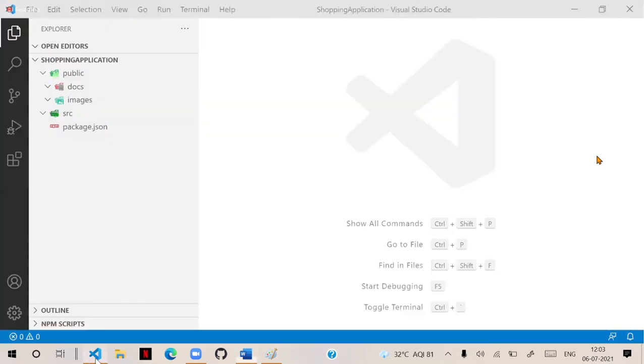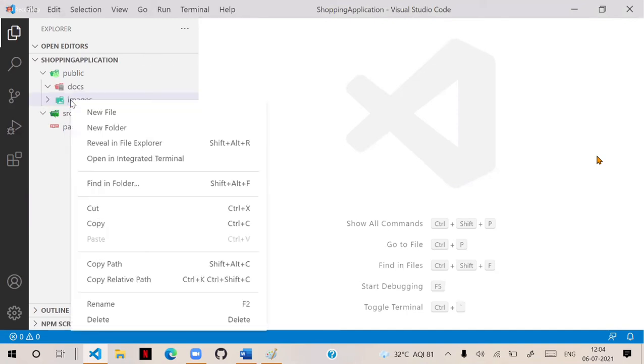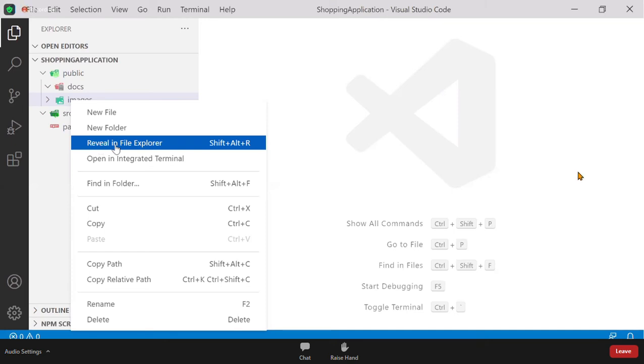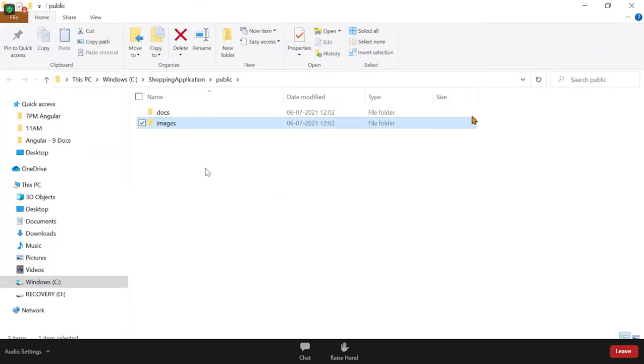Now in this, we will maintain some images. That means we will put some photos inside it. So let's see, right click on the images folder and choose reveal in File Explorer. That means it will open in the File Explorer like this. Now open that folder and keep some pictures here.